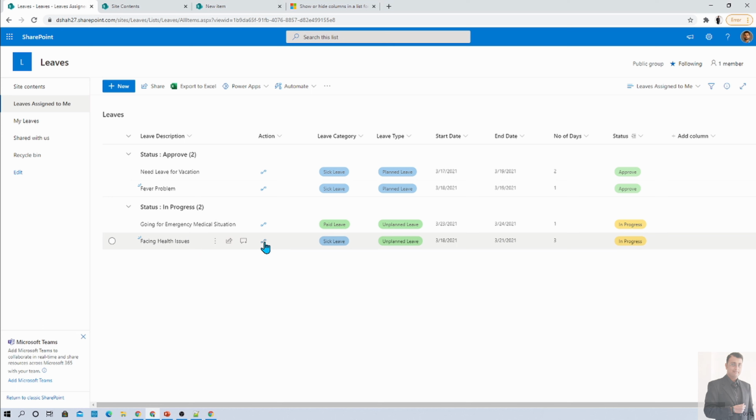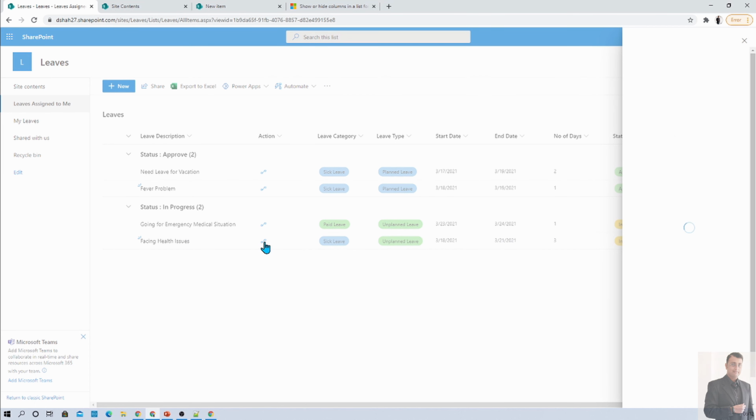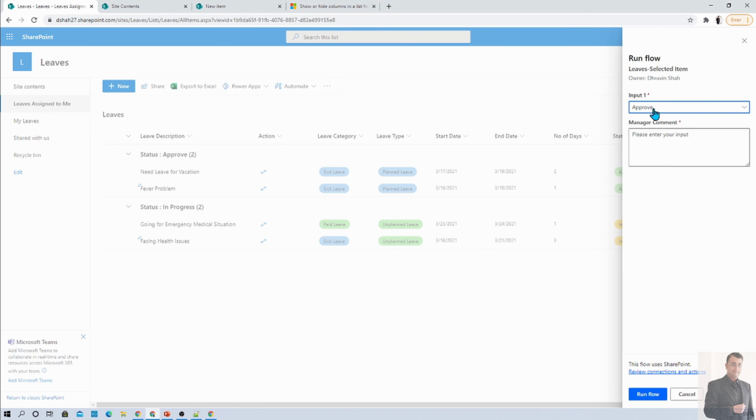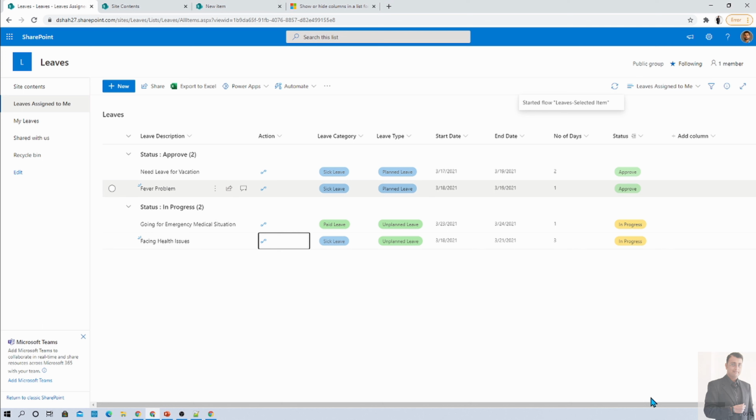Now as a manager, I want to take an appropriate action on that. So I will click on this action button. That will open up one Power Automate flow for me. I can also choose the edit form as well. But now here we have two options, approve and reject. So let me approve her request and let me add a comment as approved, and I will click on run flow. So what it will do is update the status for that specific request as approved, and approve Tejal's